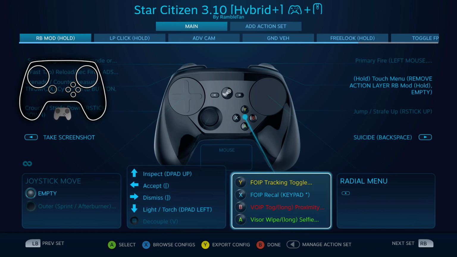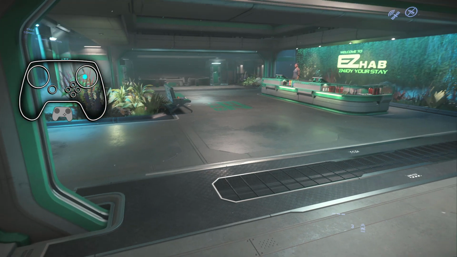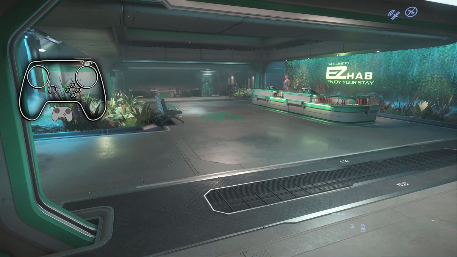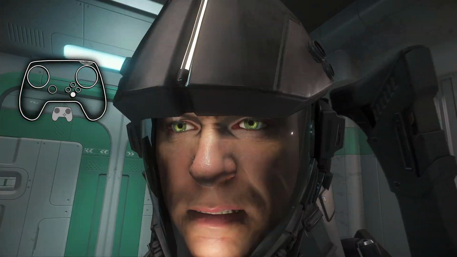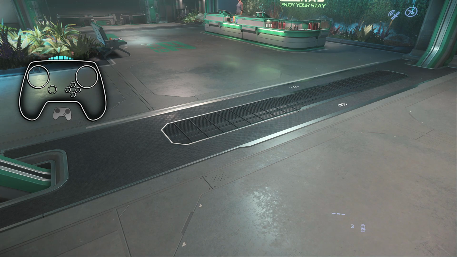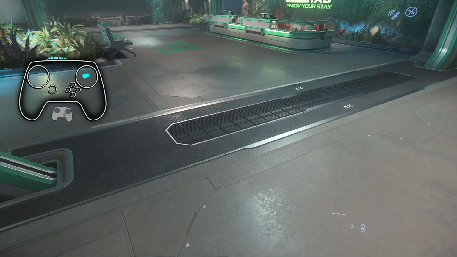This was what I was just using, the void toggle. Even that, I did add A, so bumper A is your visor wipe. Long press is the selfie. It's all in there. But anyways,